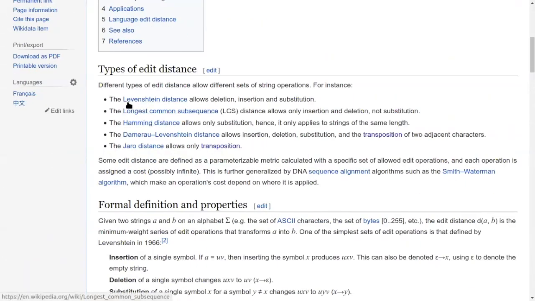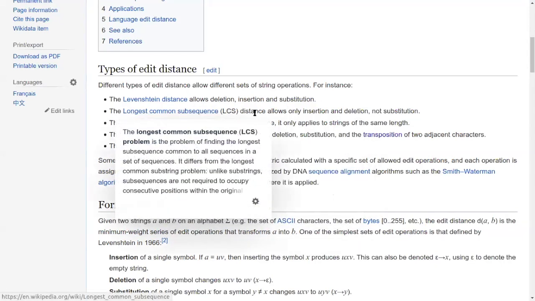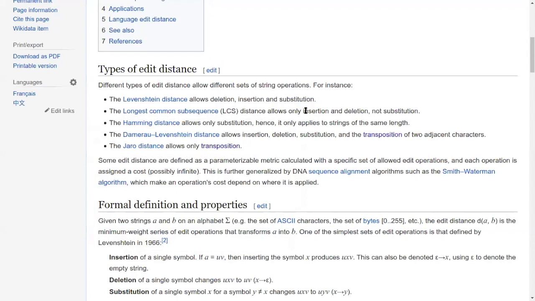Whatever we solved in edit distance is called Levenshtein distance, where all three operations are allowed. And the one we just solved is called longest common subsequence, and that uses only insertion and deletion. Hamming distance is going to use only substitution. That is not a complicated problem. And there are other problems where, other than insertion, deletion and substitution, there is something called transposition, which is essentially swapping two values. So there are many variations of this.